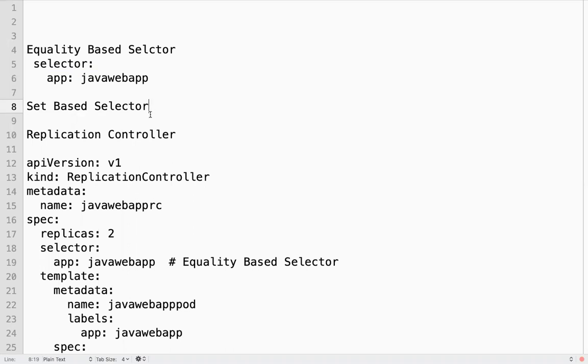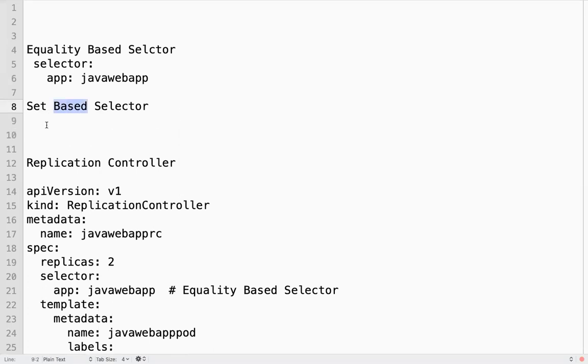If you think of SQL queries, you can have a query like select star from employee where employee name equals Mithun. That is equal, it matches only one value. Whereas with set based selectors we can use in, not in operators, like select star from employee where employee name in Balaji or Mithun. The key is the same, but it can match with multiple values. It's just an advanced selector, that's it.